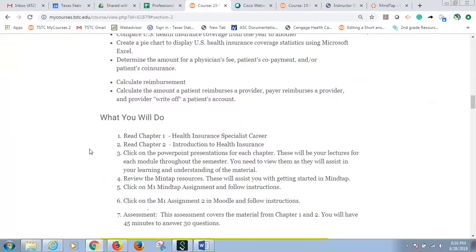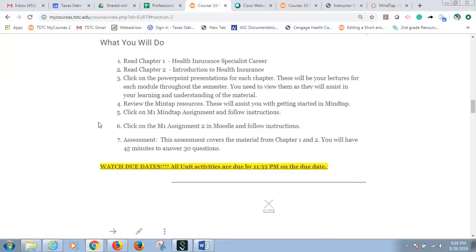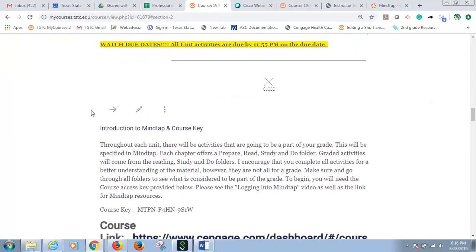So if you want to print this off, you can copy paste it into a Word document and check it off as you do it, especially the what you will do area. This is something I found very helpful whenever I did both my associates and bachelors. Instead of having to re-review it or read over it again, just mark it off as you do it so you know you don't have to do it again. And it's a good way to keep track.